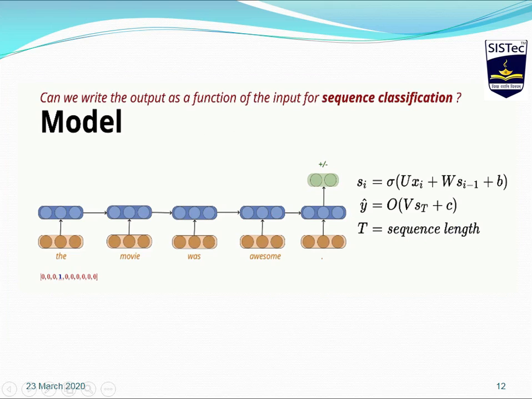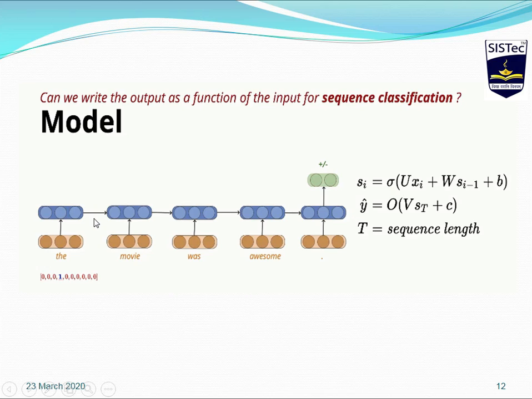Okay. The next is the model. As I told you, it is an example of classification. In sequence classification, we have one output for the n inputs. Fine. So this weight is U. Now if I am talking about this, the output of this layer depends on U, this is U, input x